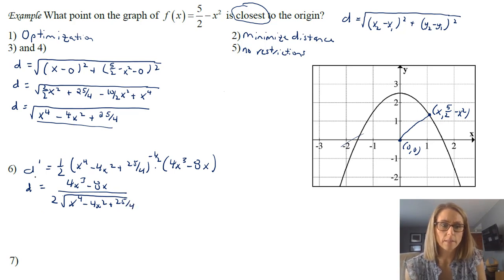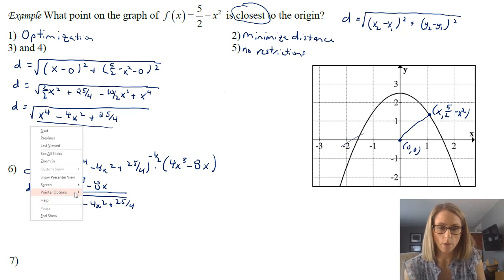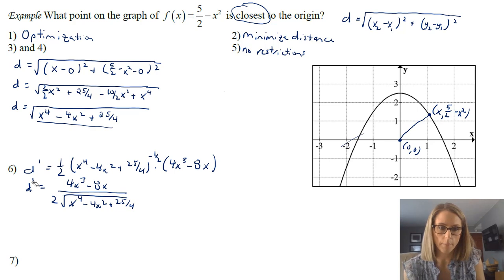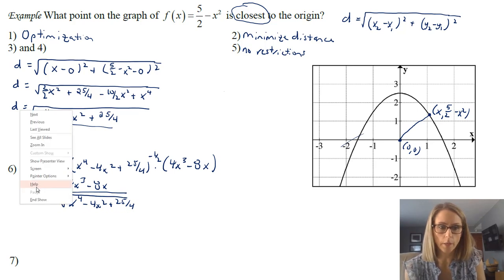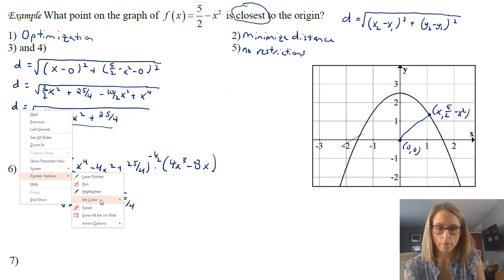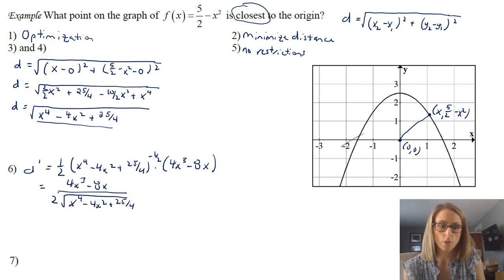But my point of that is, and this is the derivative, but really you're just trying to find out when is this thing equal to 0. So let me just go ahead and do that, because why write more here? We know that we've already taken the derivative. So you're trying to find out when this is equal to 0, which is really just when the numerator is equal to 0, because it's a fraction. And that's always going to be true.